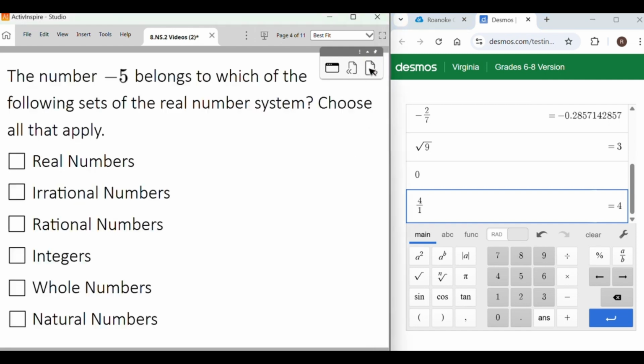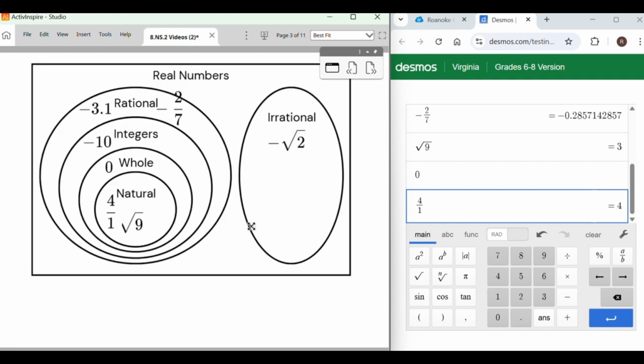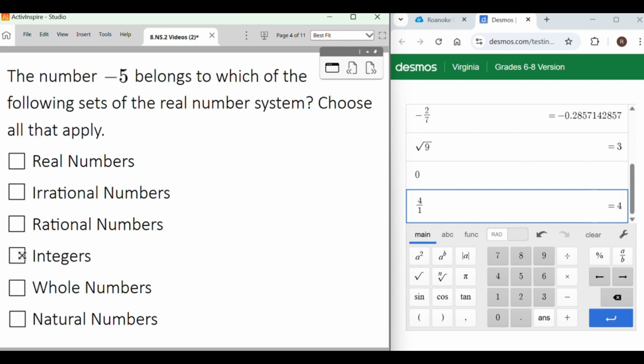Okay, let's go on to the next one. This says the number negative 5 belongs to which of the following sets of the real number system? Choose all that apply. Well, I'm going to go back to my Venn diagram just for a second. So we're looking at negative 5. So we know that's an integer because that's the lowest place where there are negative numbers. So if it's an integer, it is also rational and it is also real. So those are the 3 things we have to pick: integer,